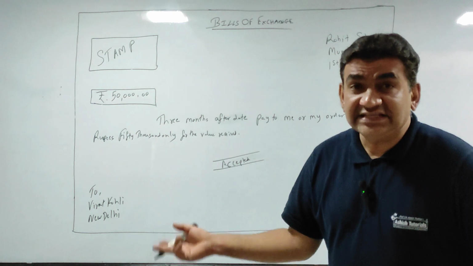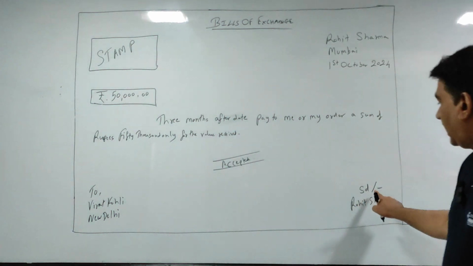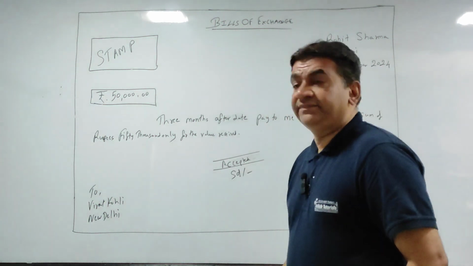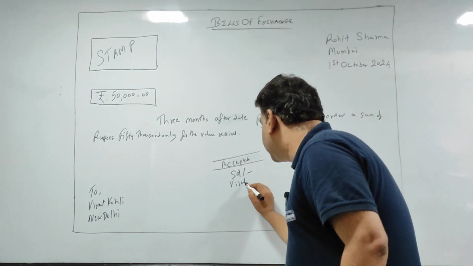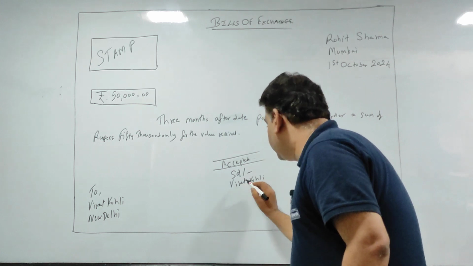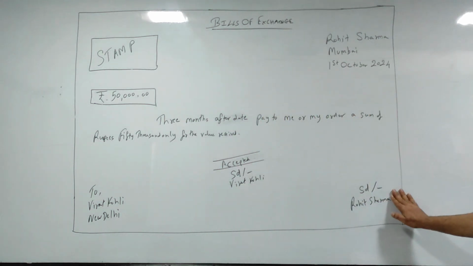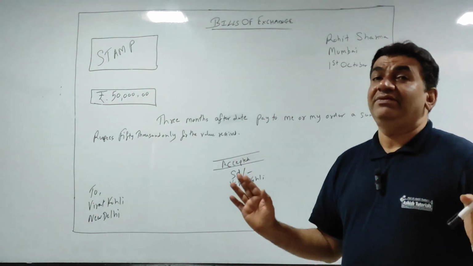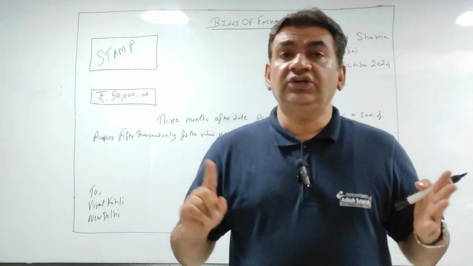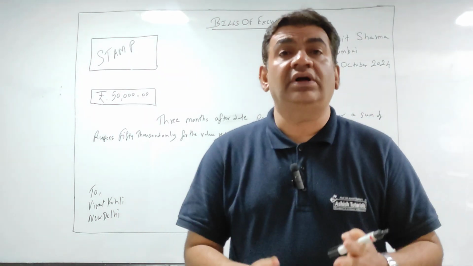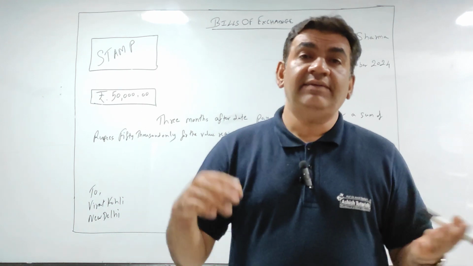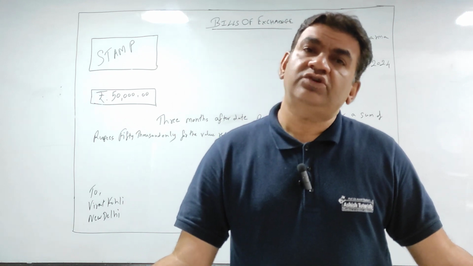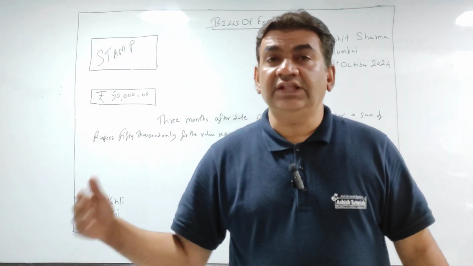अरे एक्सेप्ट किया, लेकिन हमें कैसे पता चलेगा? साइन तो कर. हाउ? एस डी लिखा, सेम वे एस डी विराट कोहली. सो नाउ ड्रॉअर ने भी साइन किया, ड्रॉई ने भी साइन किया, नाउ यू कैन से इट इज अ वैलिड बिल्स ऑफ एक्सचेंज। याद रखना, जब तक ड्रॉर और ड्रॉई दोनों का साइन नहीं होगा इट इज नॉट वैलिड। अगर किसी एक पार्टी ने भी साइन किया, खाली रोहित शर्मा ने ही साइन किया, इट इज नॉट वैलिड।